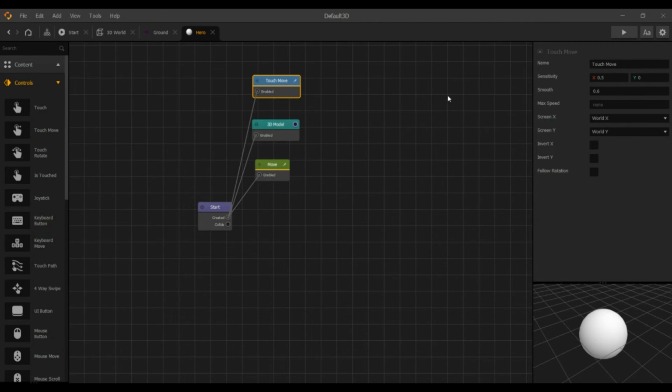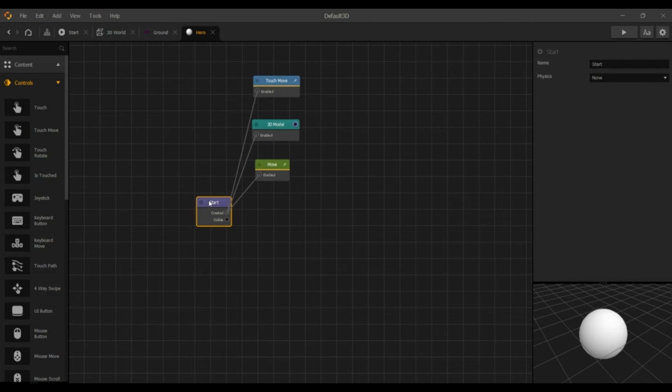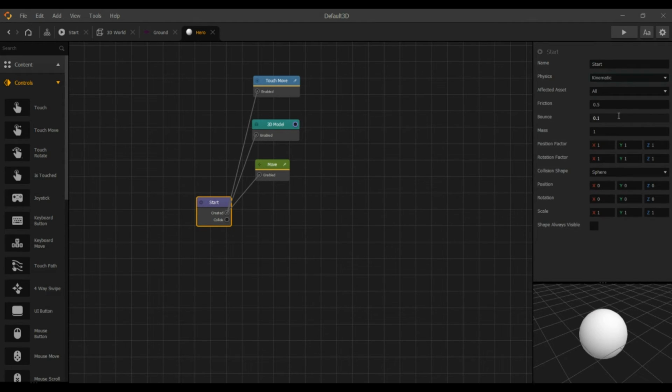Now just click on start, and here you can see the physics is none. What you have to do is change it to kinematic, because we want gravity to affect our character when it moves and all. So that's why, when you start this again,